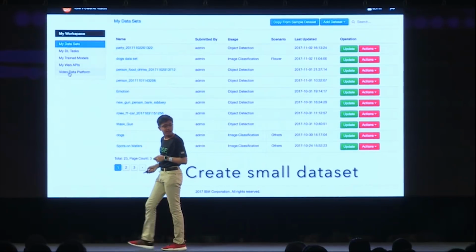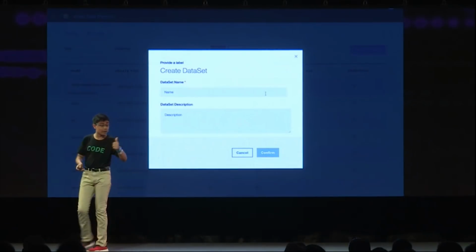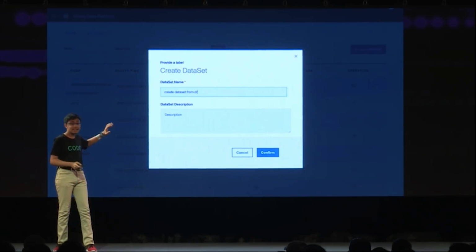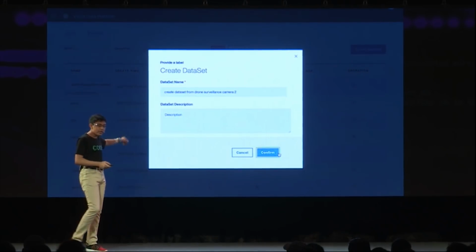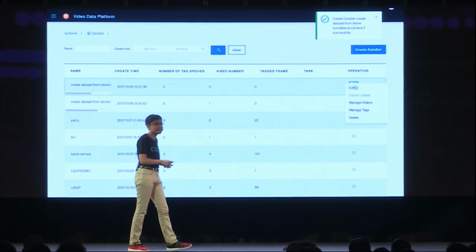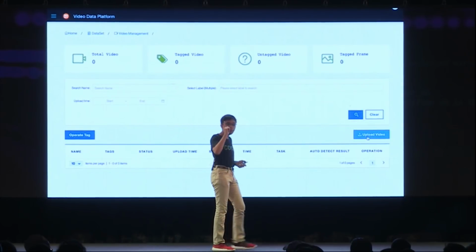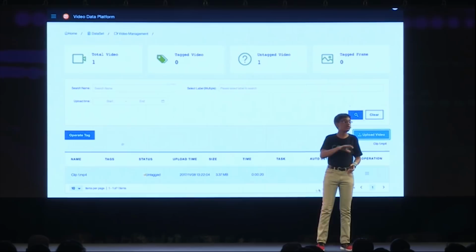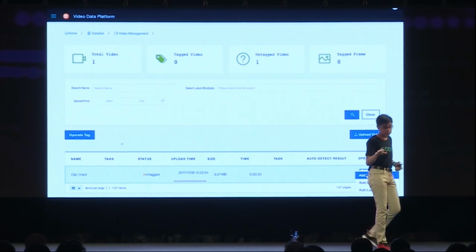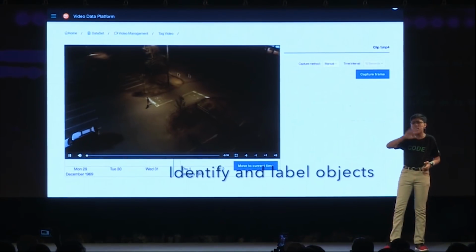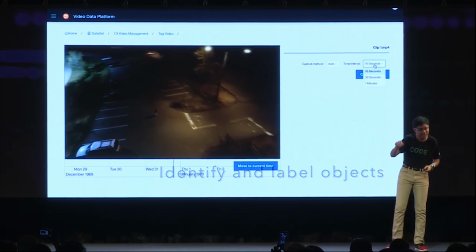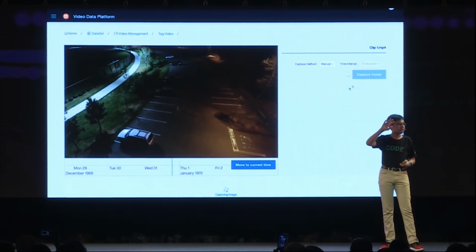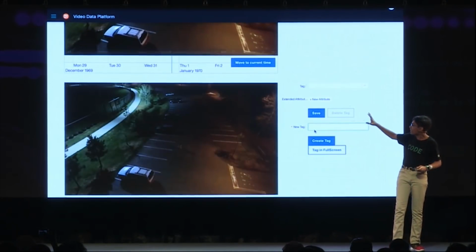Now, it starts off in Power AI Vision. And remember, this is the domain expert doing this. This is not a machine learning expert. What they're doing is they're creating a very small data set. And this data set actually has one video, and it's just a few seconds of a clip. And it's a drone security surveillance footage. All right, so let's just say this is a mall parking lot, and you've got a drone that's doing some security surveillance. This is the video that's coming through.